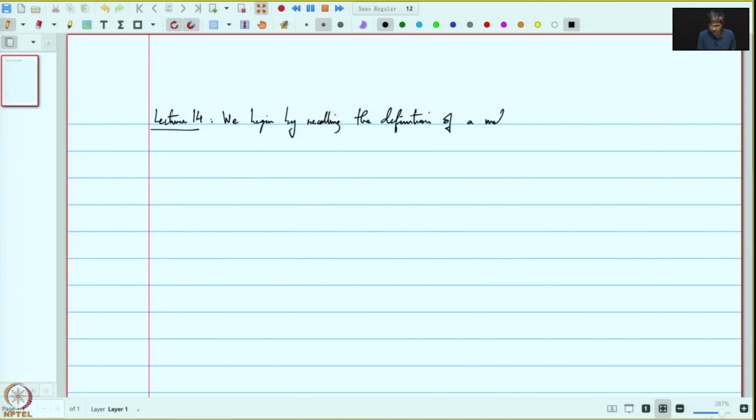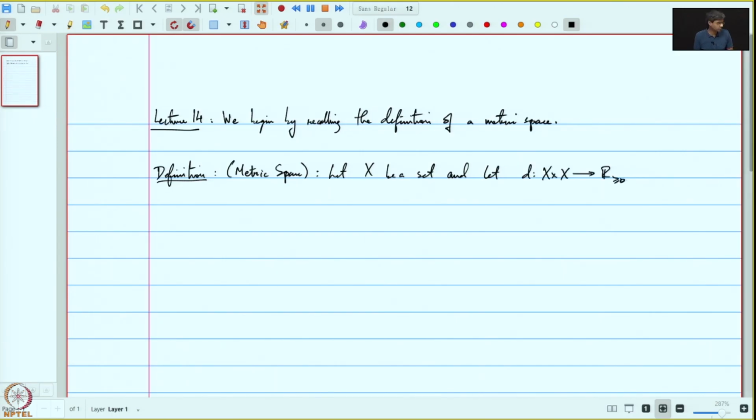Definition: Let X be a set and let d from X cross X to the real numbers which are greater than or equal to 0 be a function, a map, which satisfies the following three conditions: